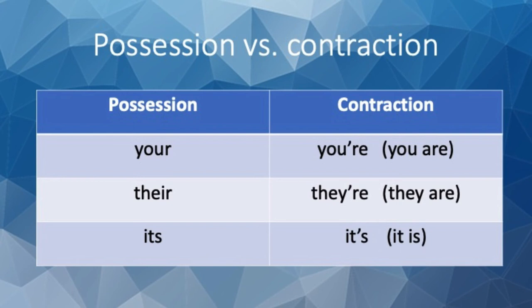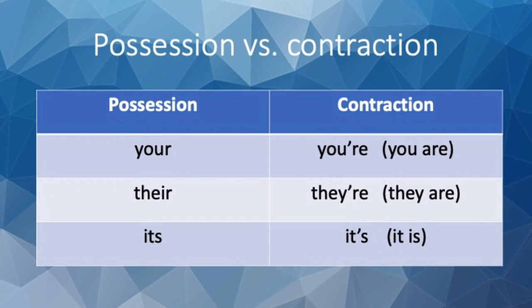Now, one of the most common errors we see in work is a failure to use the appropriate its, i.e. its possession, or it's, which is contracted from it is. Note that if in the sentence you could rewrite the sentence to say it is, then you need an apostrophe. For all other times, you'll just need to write its without an apostrophe, so the possessive version.